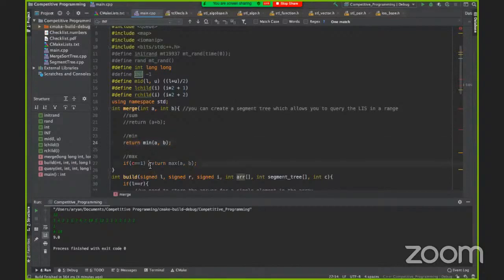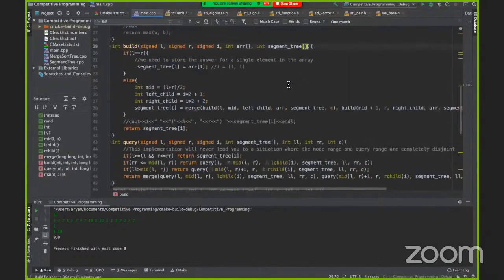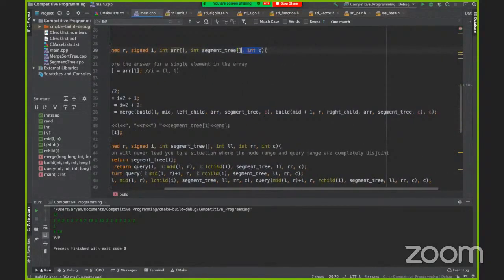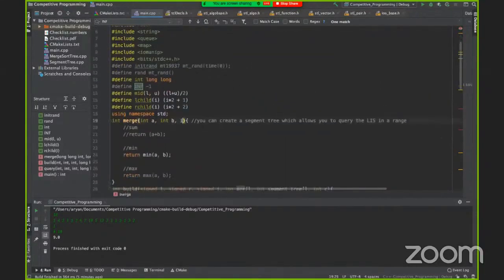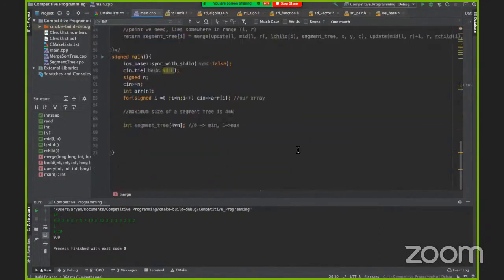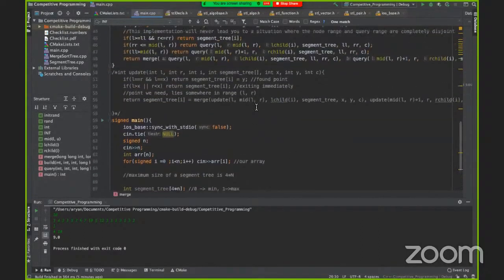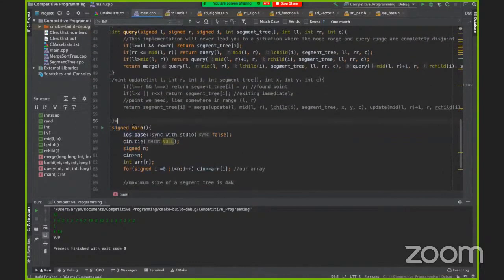I'm just changing some stuff. I'll just pass some random C, guys. In this case, I'm just passing some random C because I don't want to rewrite the entire code, but you don't actually need the C, okay?